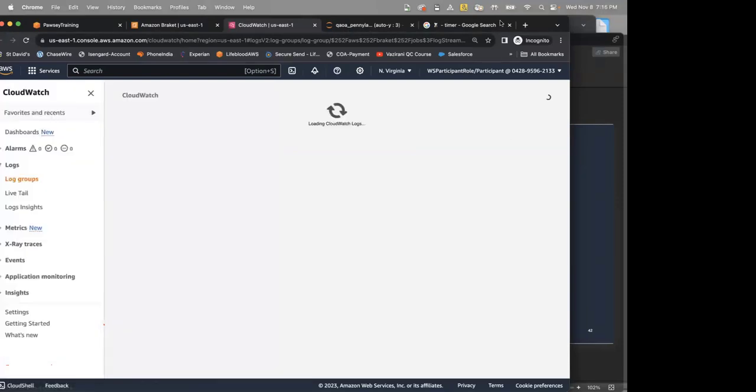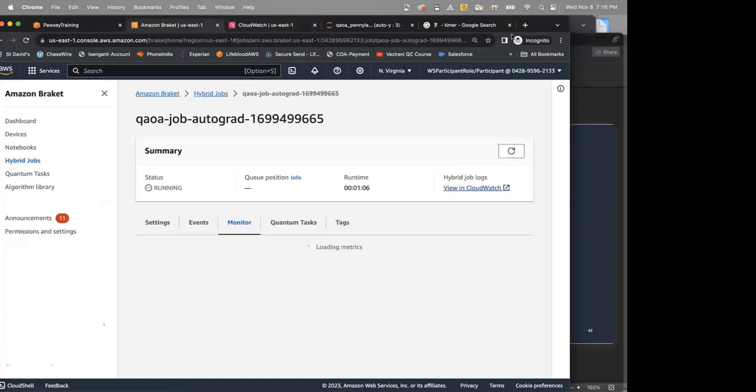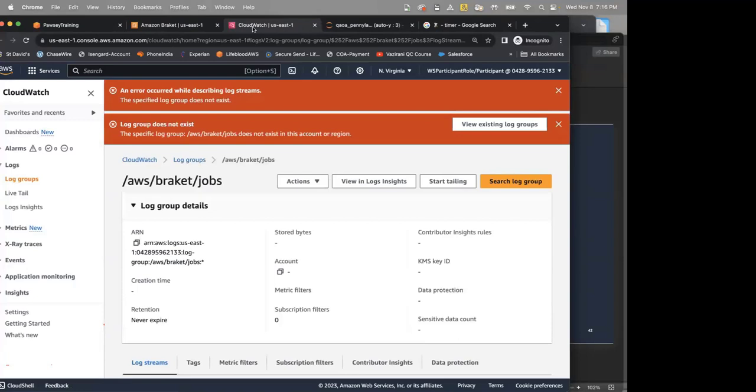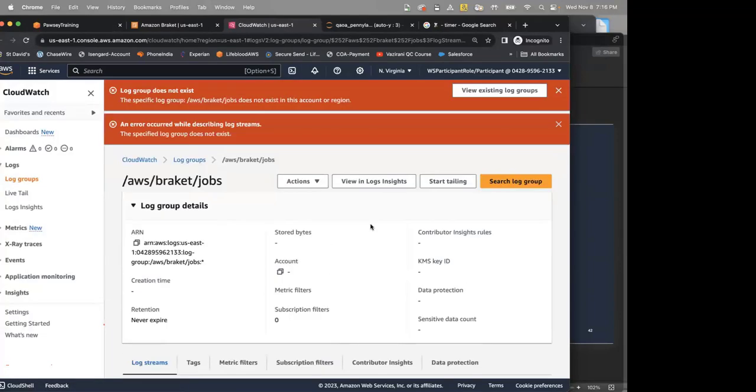I missed that. Where was the View in CloudWatch button? The CloudWatch button is right here. When you look at hybrid jobs, on the right-hand corner, there's View in CloudWatch. Thanks. Okay. So yeah, that has not been logged to CloudWatch yet because it takes a minute or so to show up here.